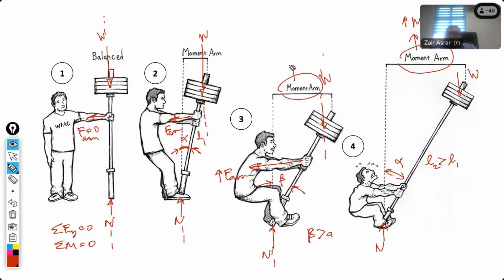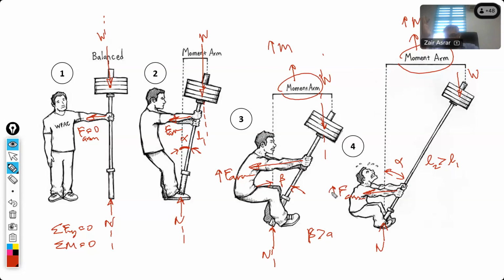Our moment arm will increase, which will lead to a higher value of moment, which in the end forces us to apply a higher force in the arm to ensure that the object will be in equilibrium. Hopefully you can imagine this happening in a real life scenario. Probably you can't explain this, but physically this is what is happening. As the weight is further away, or basically having a longer moment arm, you will feel that the force needed to ensure that the mass is in equilibrium will be higher.